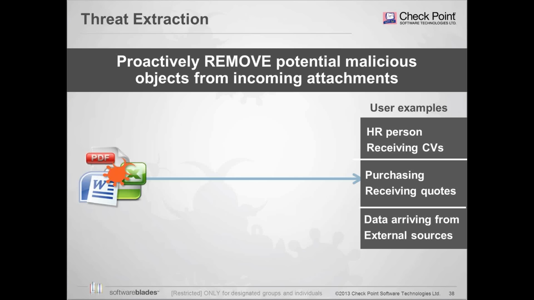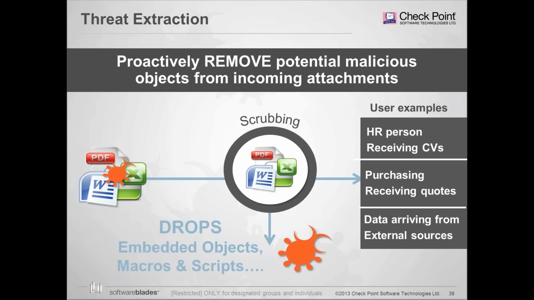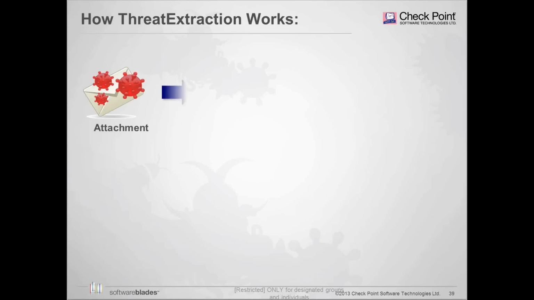Now, on to threat extraction. Threat extraction is a technology that's going to be released in R77.30 that complements what threat emulation does. The idea of threat extraction is it proactively removes anything that's potentially malicious from files coming into your organization. So embedded objects, macros, scripts. This is specific to documents, and it's specific to email today. As those documents come in to you as an organization, we can check them, we can take out all those bad elements, and we can then turn them into something that we know